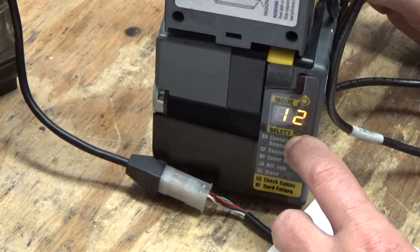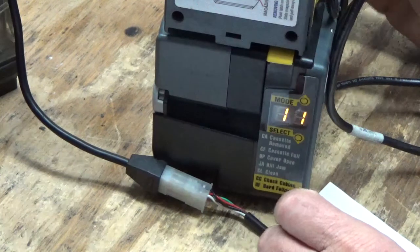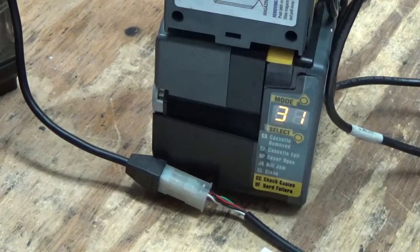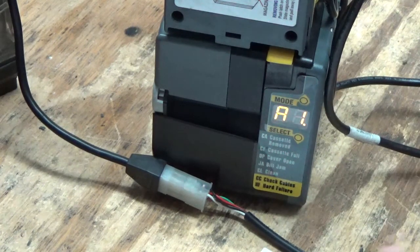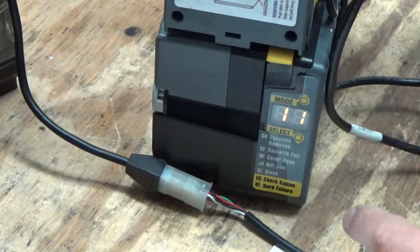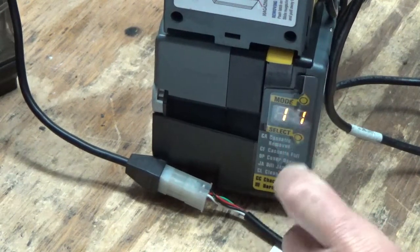Alright, back to the 2 lines. Oh, I gotta reset it. It wants to unload. So we're gonna reset it. We were still in the service mode. Alright, so let's go back. Simulator mode. Alright. And it's reading out the software here and how many bills are in it, which there's still 11 left. So, all right, select the flashing 2 lines,